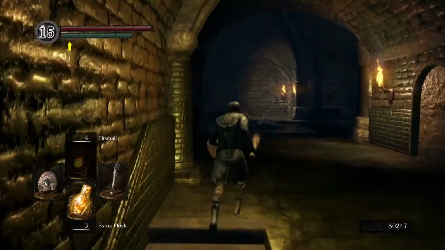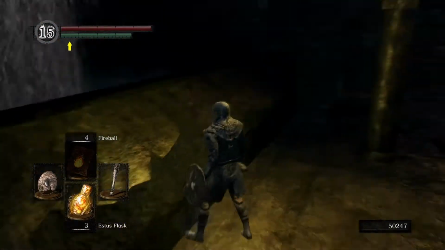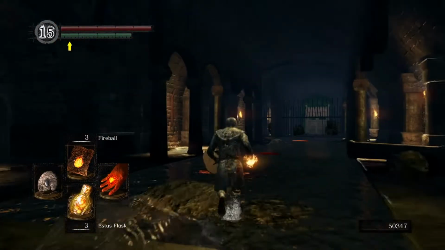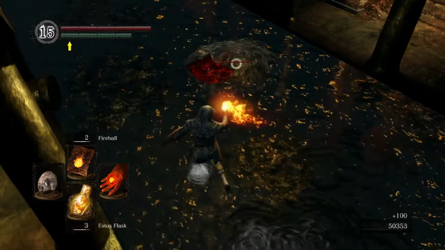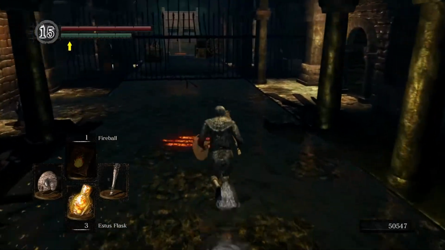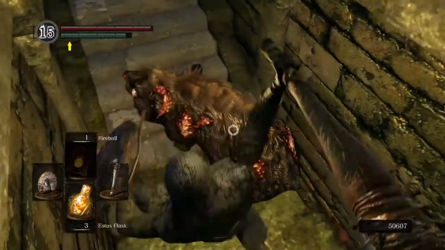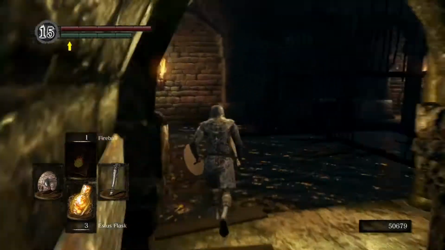Next, continue forward, and we're now at the bottom of the ramp that we slid down moments ago. Take out the slime enemies if you want, or just run away from them. 1 fireball should be enough to take them out. Just be careful because there are a few on the ceiling and they can drop onto you. Go through the hole in the fence